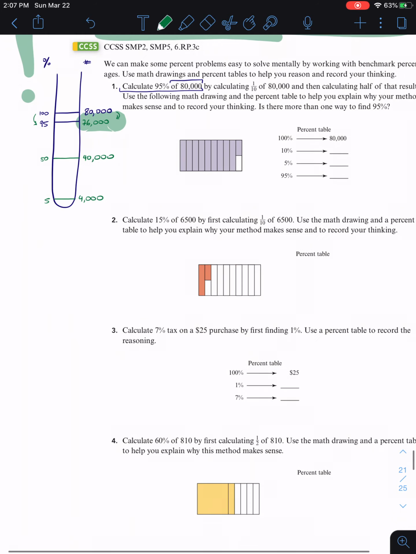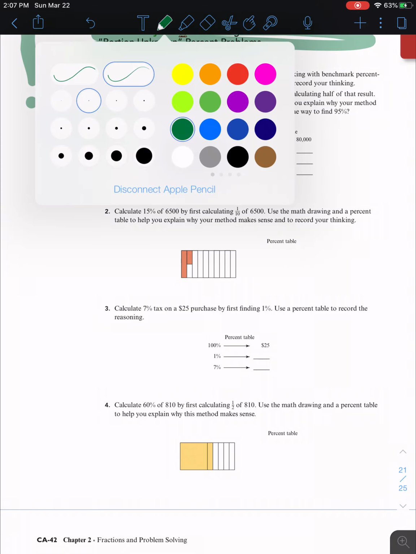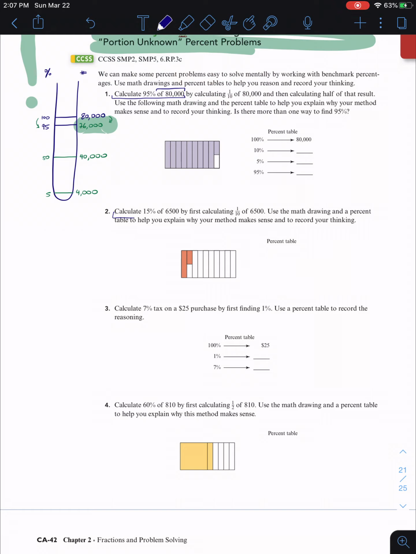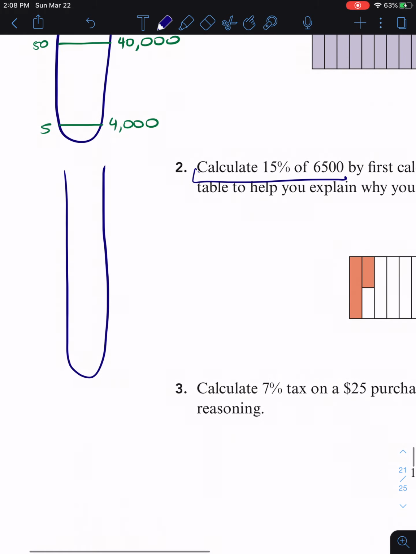So while I asked you to answer all of the questions in this section using the strategies and the methods that the textbook suggests, I would like to go through and give you this other strategy so that we can get used to that and learn to use it in the future for all other kinds of percent problems. So we need to calculate 15% of